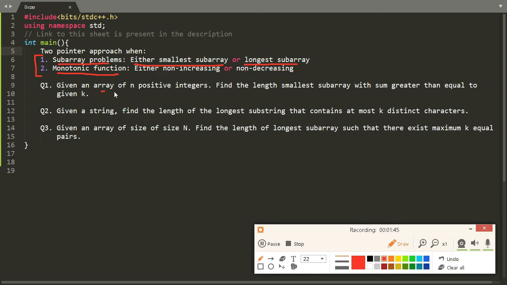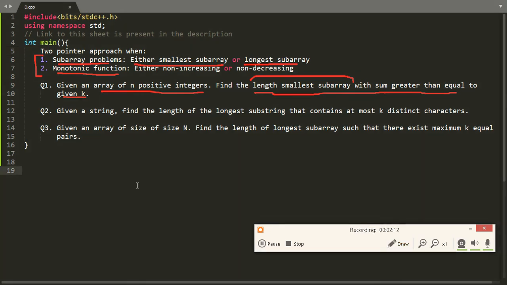So the first problem is: given an array of n positive integers, we have to find the length of the smallest subarray with sum greater than or equal to given k. So the first condition is already fulfilled, as here we have to find the length of the smallest subarray. Now to check whether it is fulfilling the second condition or not,